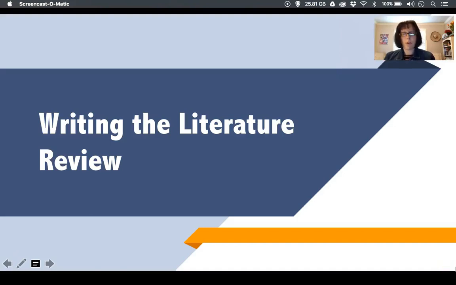The literature review provides the rationale for your research topic. It should give an overview of the current research on that topic, making sure that your readers understand why your topic is an important or significant problem to research. It should also identify any gaps in the research. And this is important because it shows why your topic is significant and why time should be taken to investigate